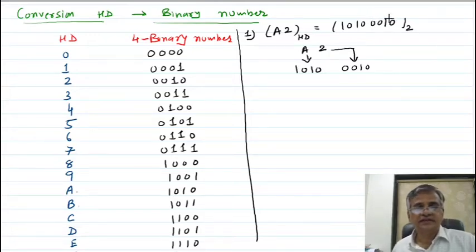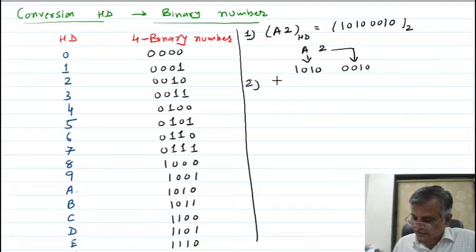It's very easy. So you already know that hexadecimal number has a base of 16. 16 is 2 raised to 4. Already I told you hexadecimal number is also known as a 4-bit binary number. As a result, whenever you want to convert hexadecimal number into binary number, you have to write the binary equivalent of each hexadecimal digit. So I have written here.